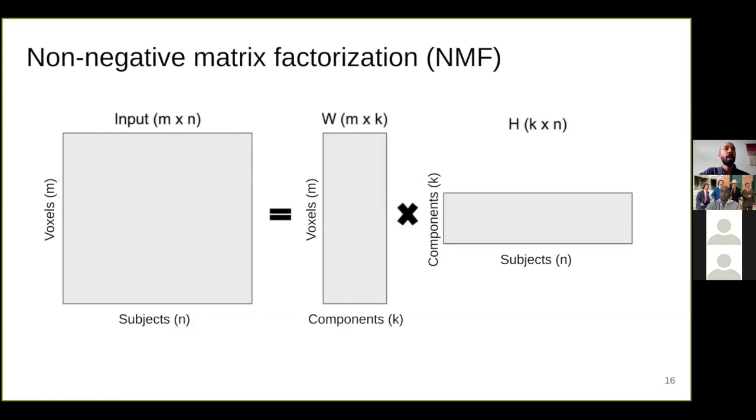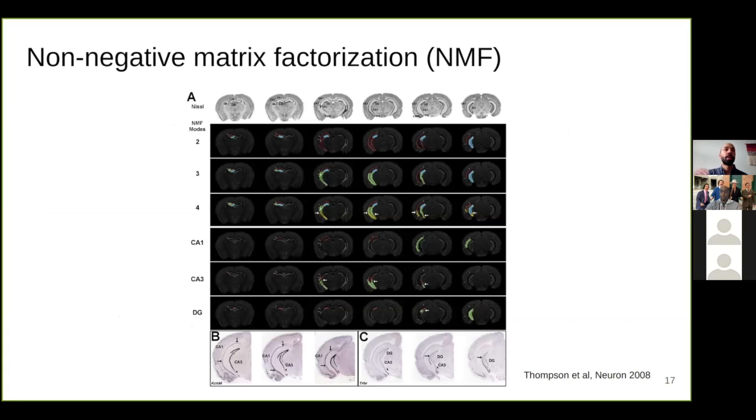So in this way, we have an input where we have voxels and subjects as our dimensions, and with NMF, we can look at patterns of variance across both the voxels and the subject simultaneously. So this approach has been used in a few examples before. One of the earliest examples that I saw, and which actually led to a lot of inspiration for my first